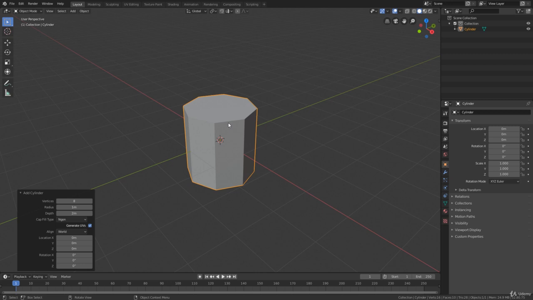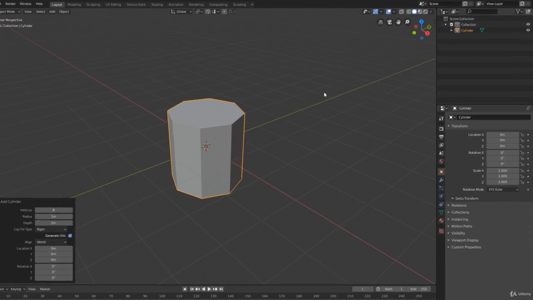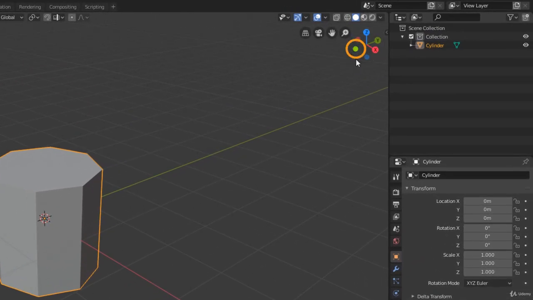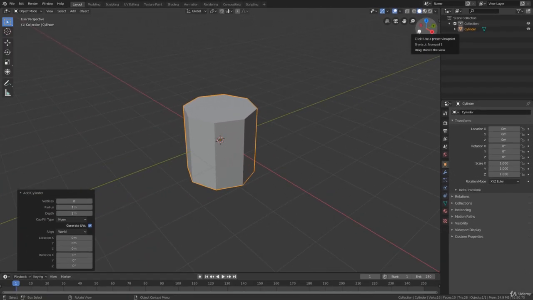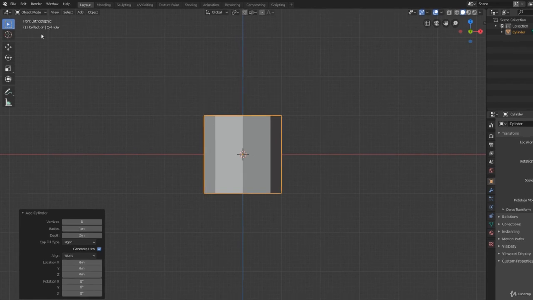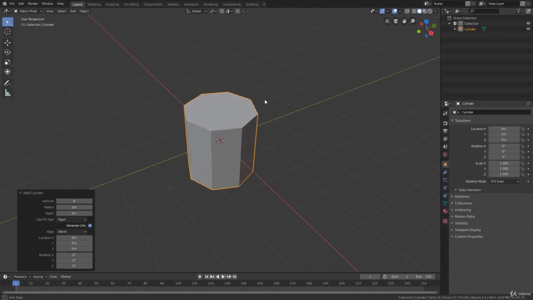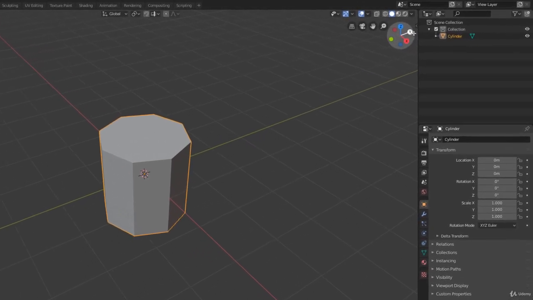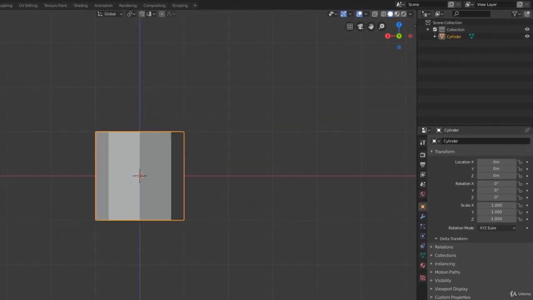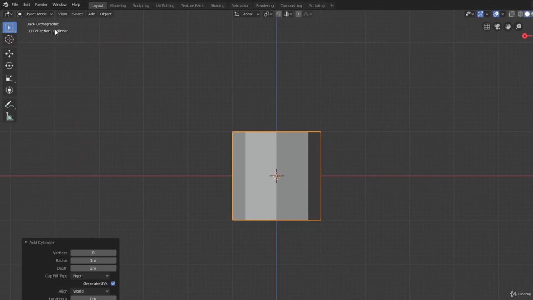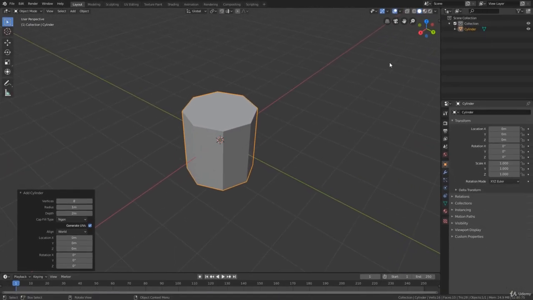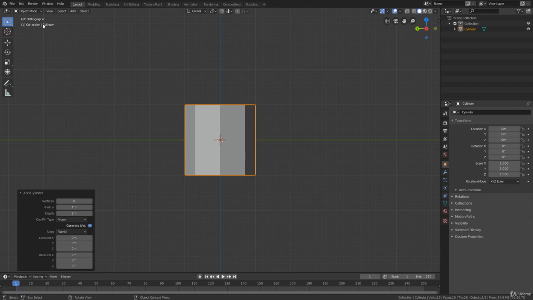of the object, okay? The front part of the 3D view in Blender corresponds to this green ball right here in the navigation icon, okay? So if we click this little ball, we will see right up here in the left that we are in the front orthographic view. And if we click in this other ball back here with the Y, we will see that we go to the back orthographic view, okay? And when we click on any of these red balls of the x-axis, we will see that we go to